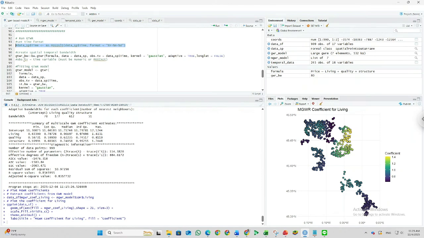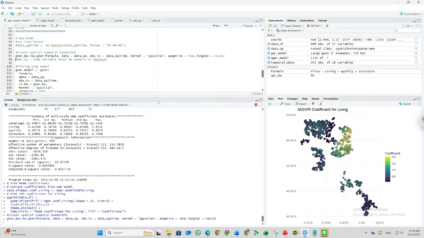Okay, in the GWR you have one bandwidth, and in the MGWR we have multiple bandwidths, and in the GTWR we have the spatial temporal bandwidth. Because we consider the temporal, in this one we can run. Okay, it takes time.